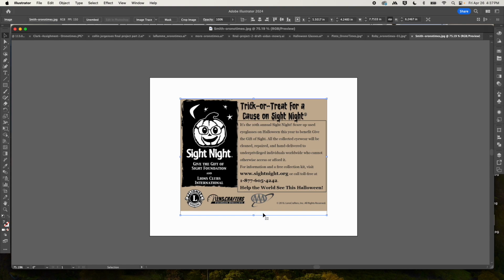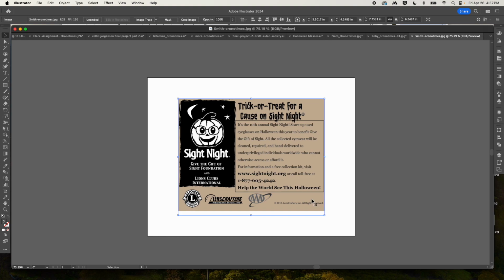Again, we're working in black and white, so if you did want to have any kind of color in the background, I don't mind the tan personally, but I would do a gray if you're going to have a color in the background, or just leave it white. But it looks like you have some extra space at the bottom. This is a JPEG, so I can't really see the size that you had, but provided your sizing is correct and it actually goes down to the bottom here, I would move all of these down to the bottom a little bit, get rid of that extra box that you have, and I might center this,